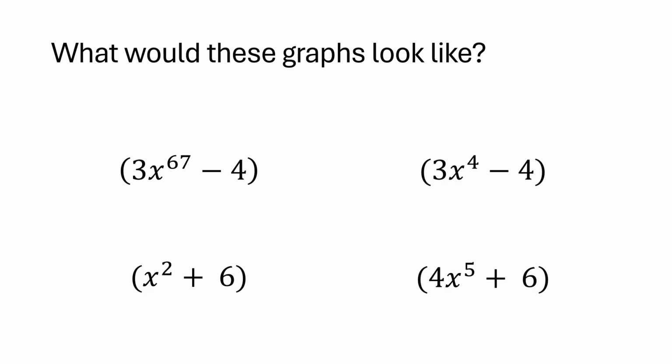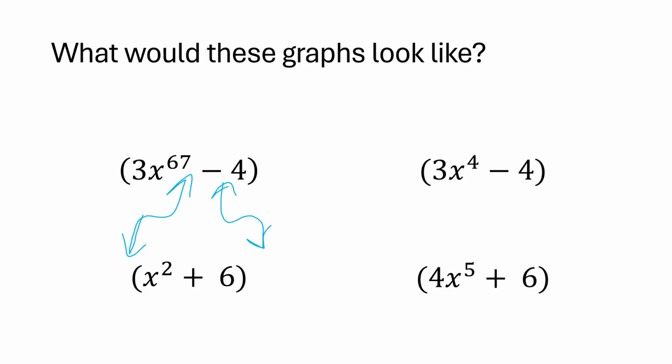So what would these graphs look like? If I have 3x to the 67th minus 4. You see what I did there? 6, 7. Is that odd or even? It's odd. If it's even, they're going to go the same. If it's odd, odd opposite. So are they going to go in the opposite direction or the same direction? Since it's odd, they're going to go in the opposite direction. So it could look like this, or it could look like